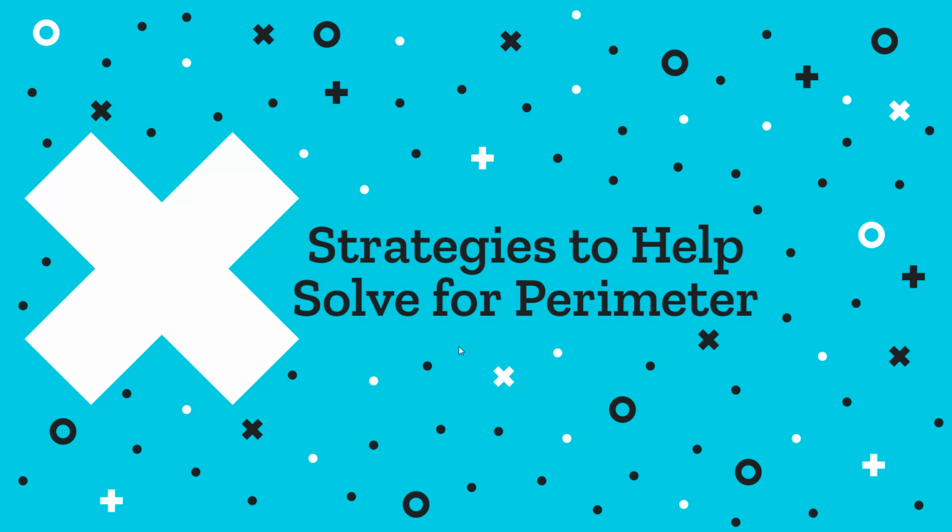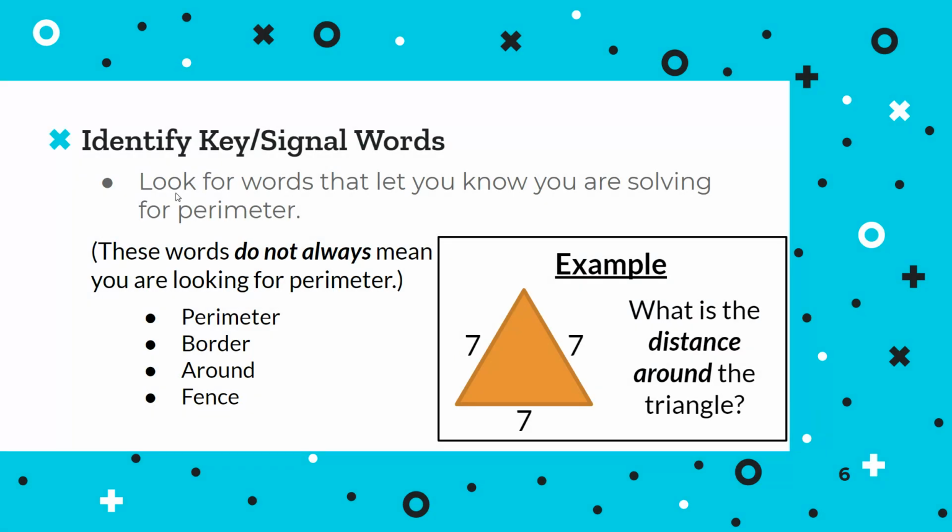Here are some strategies that will help you solve for perimeter. The first thing is to identify key or signal words. You're going to look for words that let you know you are solving for perimeter. These are some words here that might mean that you're looking for perimeter. It's important to keep in mind that they don't always mean that you're looking for perimeter, but they're a good indicator that that's what you'll be doing. So you have perimeter, border, around, fence. So for example,